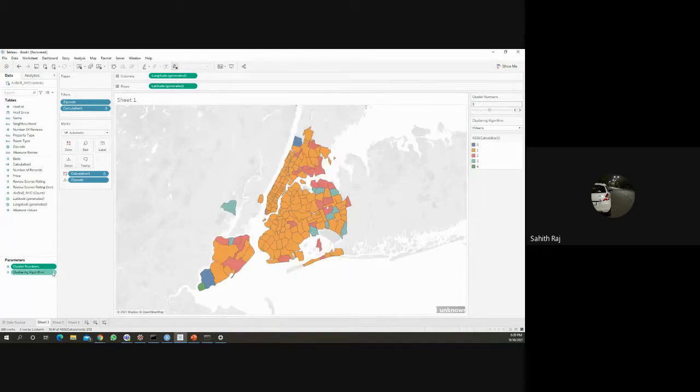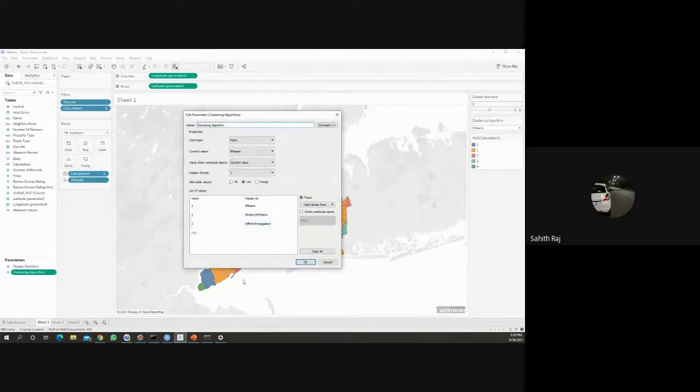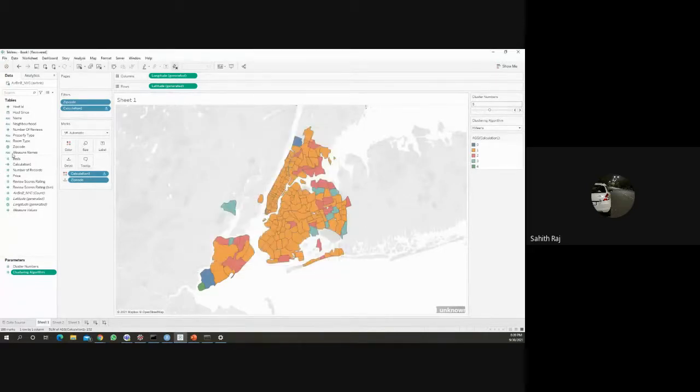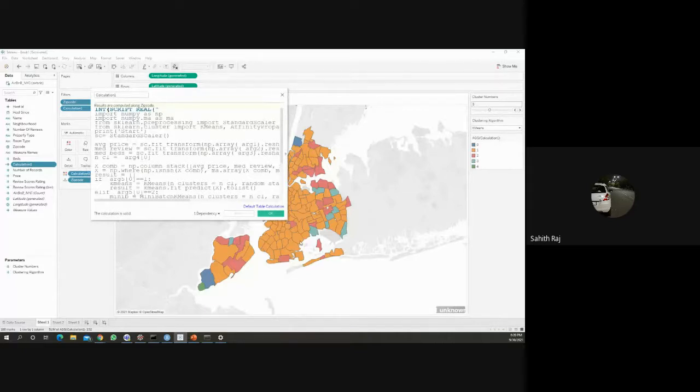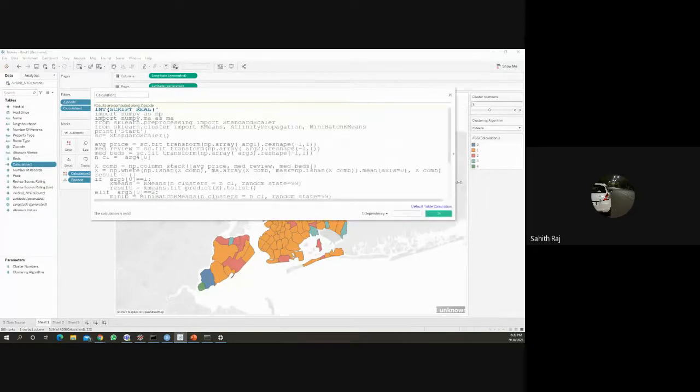That's one. And the clustering algorithm. In this example I used 3 different algorithms: k-means, mini batch k-means, and affinity propagation. Coming to the Python code, this is it.